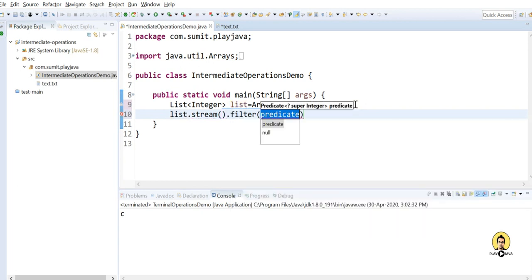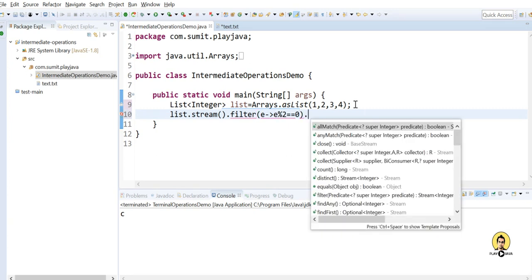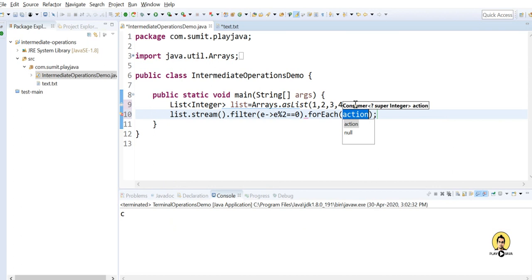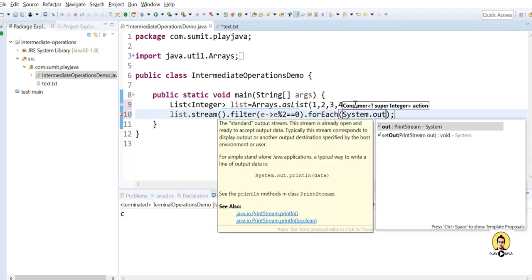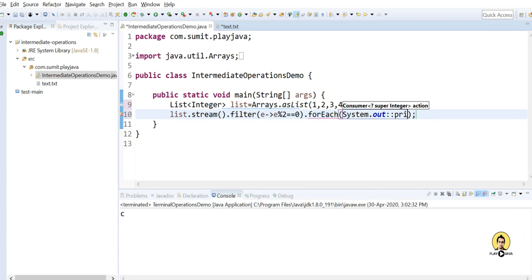Filter basically filters out the elements on the basis of certain criteria. We are going to check whether a number is divisible by 2 or not using percent equals 0. So it will give only the numbers divisible by 2, and we are going to print the data using the terminal operation, that is forEach.